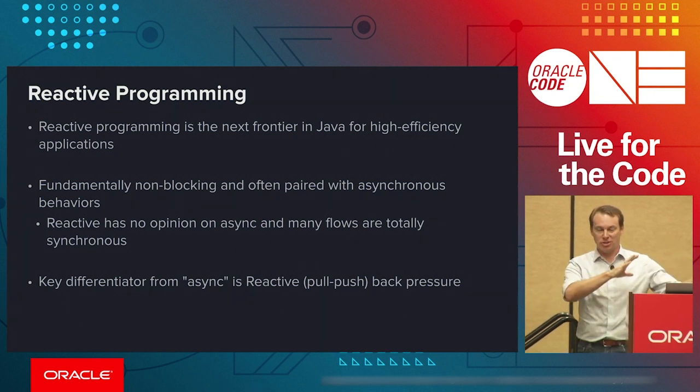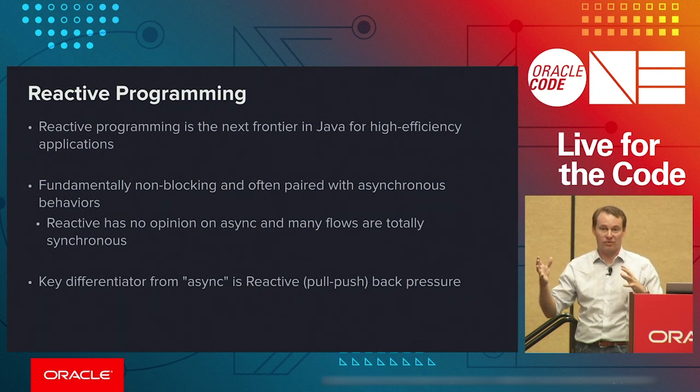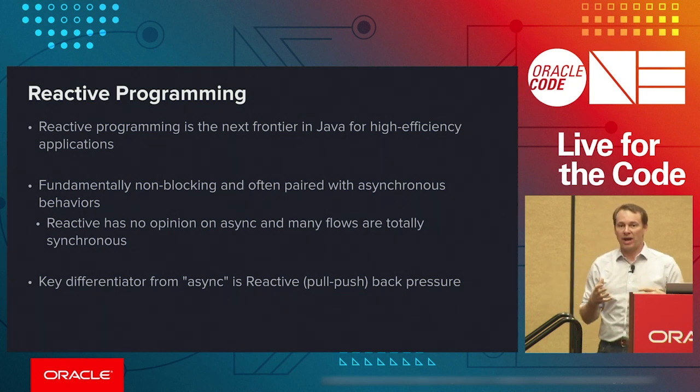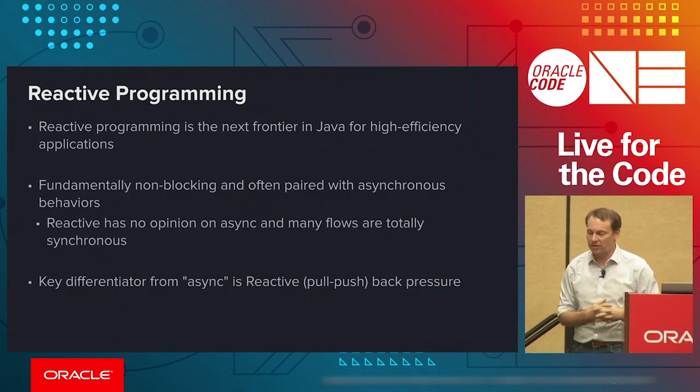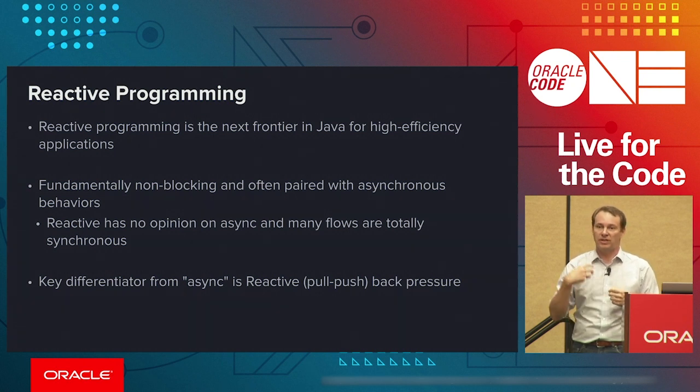Or a bunch of data is generated on the server, filling up the TCP buffers, trying to transfer that data. And now the server has a problem where it has filled up all of its heap and it can't get all of its data out. So reactive programming, especially in the Java world, but generally when you talk about the Reactive Streams specification, has this idea that a server cannot send a client, right? So a publisher cannot send a subscriber a piece of data until that subscriber has requested it.